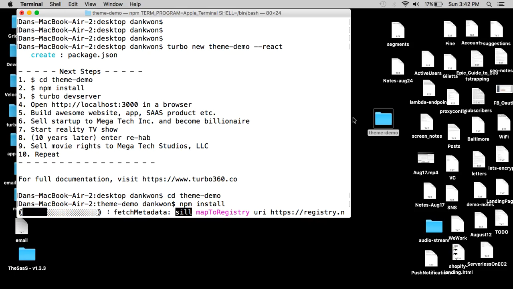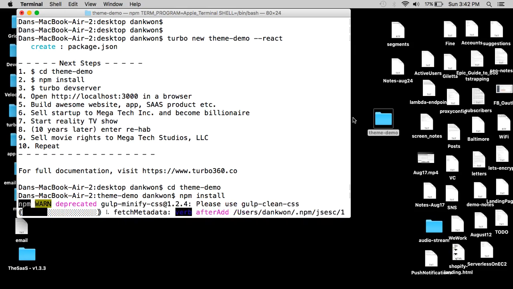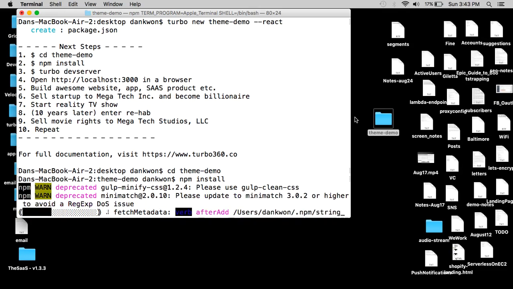This time the install takes a little bit longer because it's installing React Redux modules like Redux and specifically React Redux and things like that. So it takes a little bit longer, but it's the same general thought process. It's preparing the project for